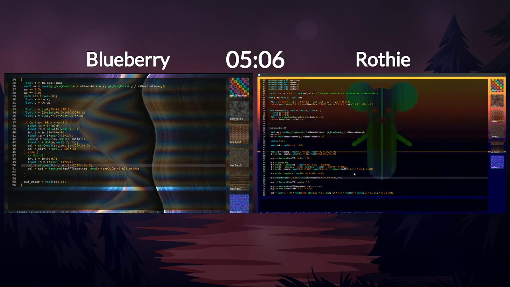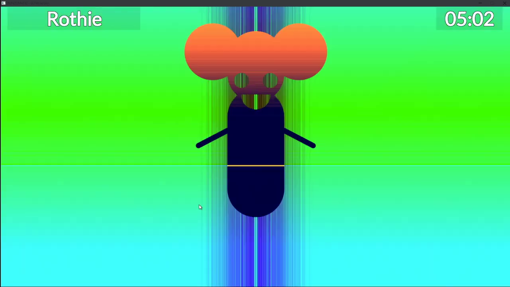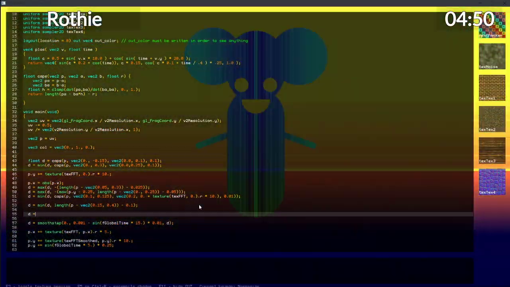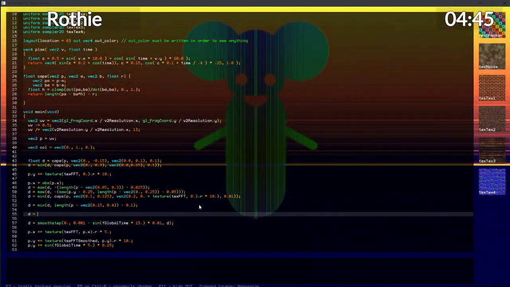Anyway, and Blueberry made, I guess, a tunnely weird kind of color pattern thing. Well, Rohtie made a mouse that is stapled to the wall while trying to dance. It is pretty awesome though. I must say, my biggest problem with Rothie's mouse is that the arms are connected at the wrong end. It's like they're connected where they meet and not where they...